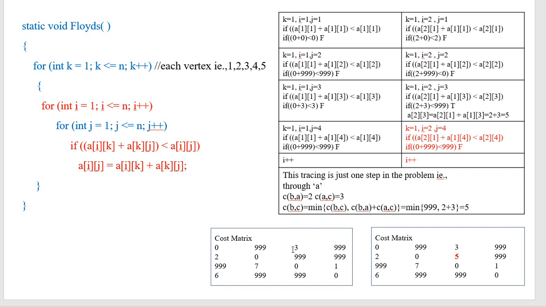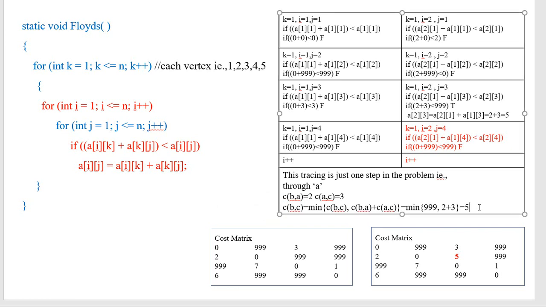After that, I just need to continue my tracing until all 3 for loops end. This is the update where you changed the value to 5. When solving the problem manually, this is just one step, and within one step you get the result of 5.